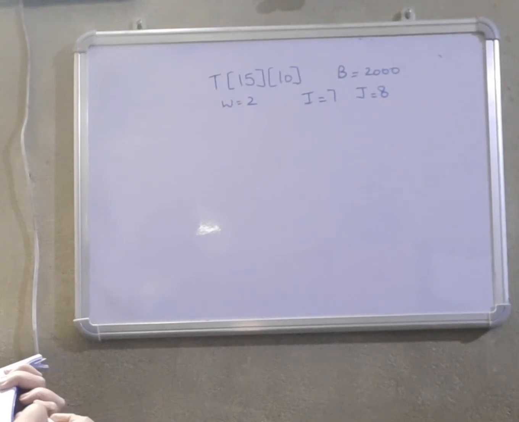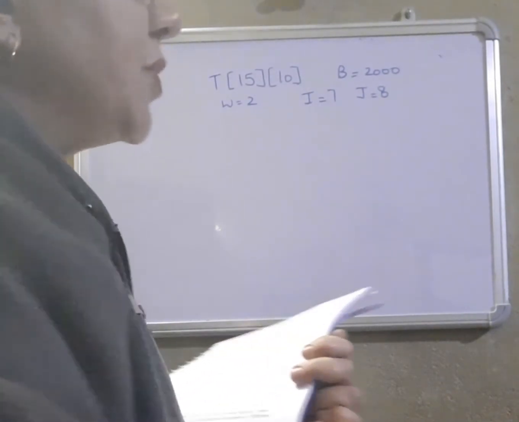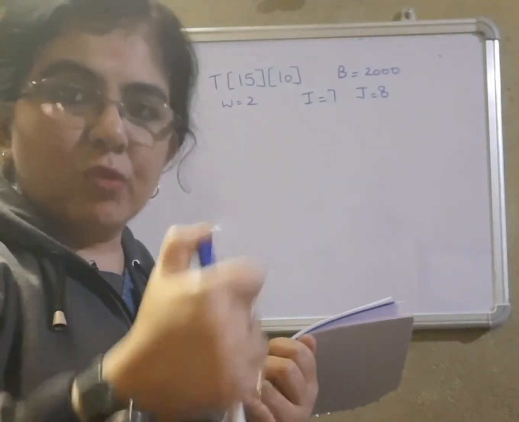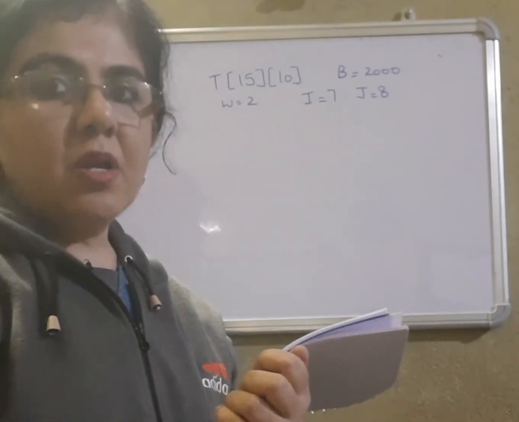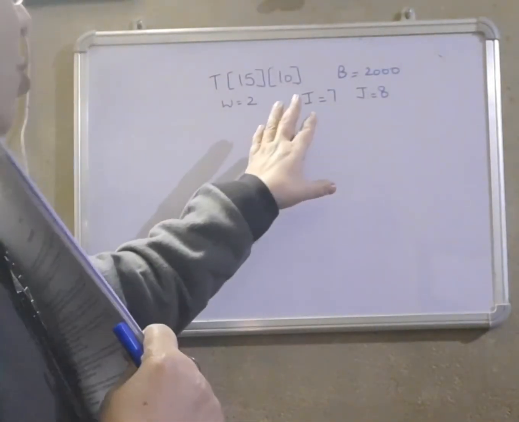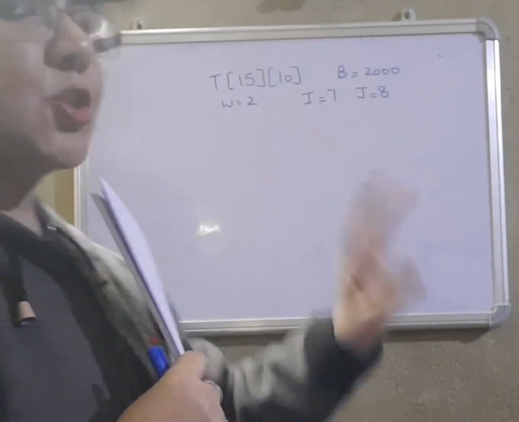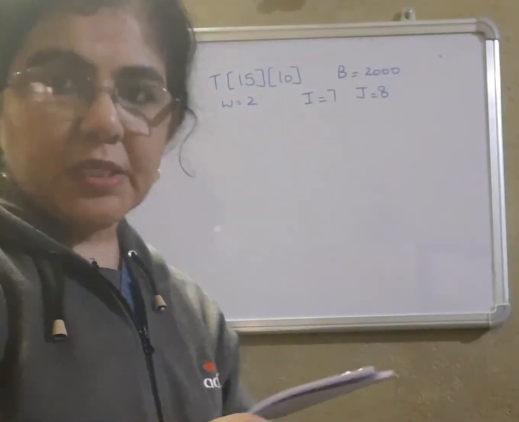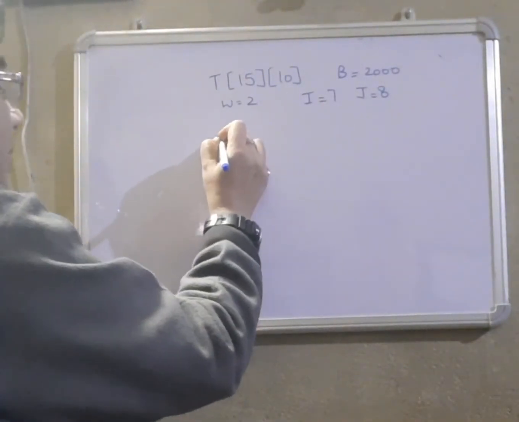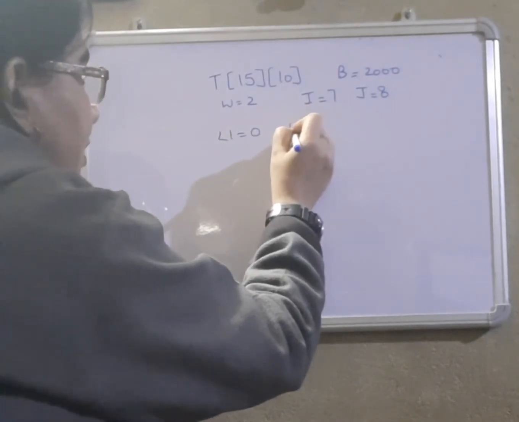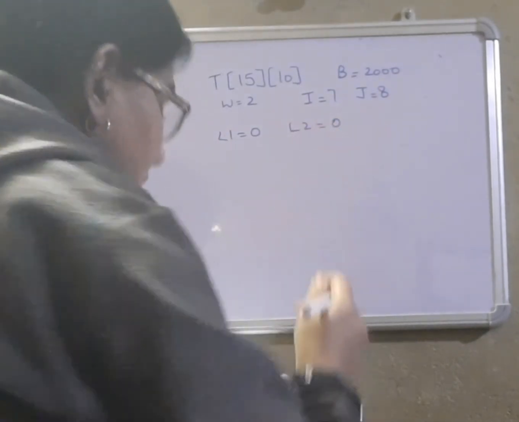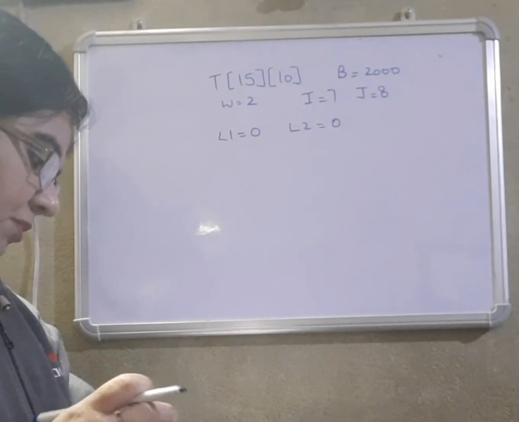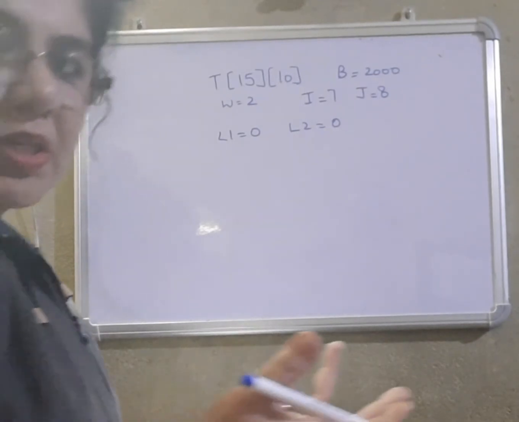Now here, we are unable to find out the base address of which element they have given, of 1 by 1 or 0 by 0. In such questions, you can take the L1 and L2 as 0 and 0 only. So we'll take L1 as 0 and L2 as 0. Now in this question, both the formulas have been asked, row major and column major, so you can apply either.